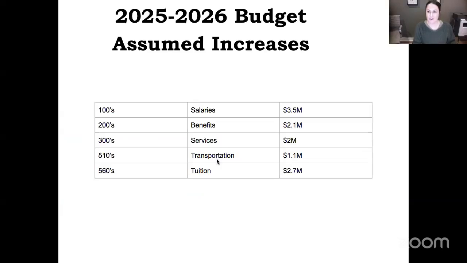So we had about a third of the year that we didn't incur any expenses for transportation. The following year, we had very little transportation because we were in a virtual format. So that catch up is now happening where we're starting to see our share of expenses that come directly out of our subsidy for special education. And that's what that transportation subsidy deduction was for. Tuitions is another area that we're just seeing increases, special ed tuitions, charter tuitions, and I